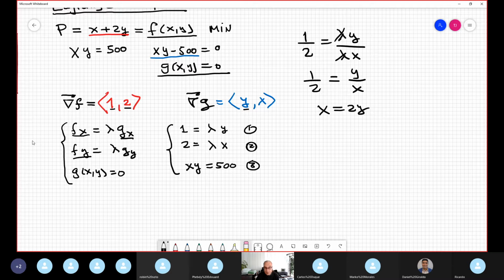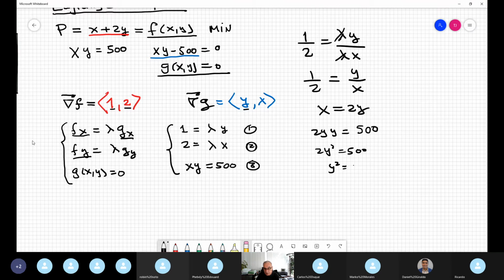Bueno, okay. Entonces using the third equation, for example, use substitution x equals 2y. There are many ways to do that. However, for example, you replace x for 2y. Entonces 2y times y equal 500. Entonces 2y squared equal 500. Y squared is 250. And square root both sides